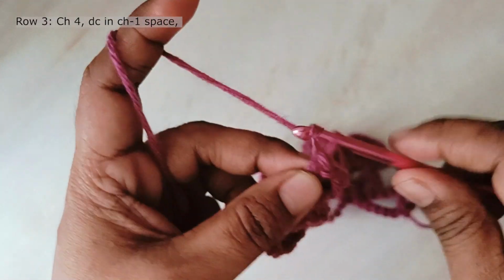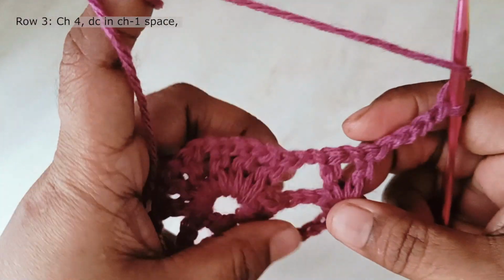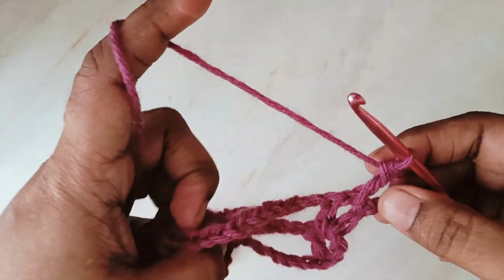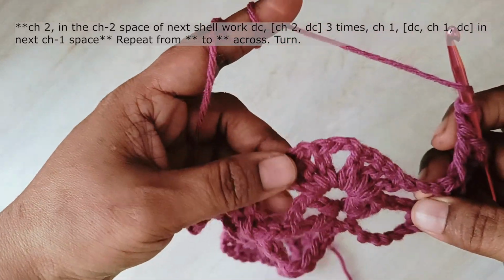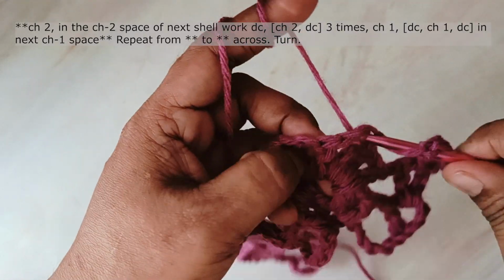Next is the third row. Make 4 chains, turn and work double crochet into the chain 1 space. And now we'll start the repeats. Make 2 chains and into the next chain 2 space at the middle, work